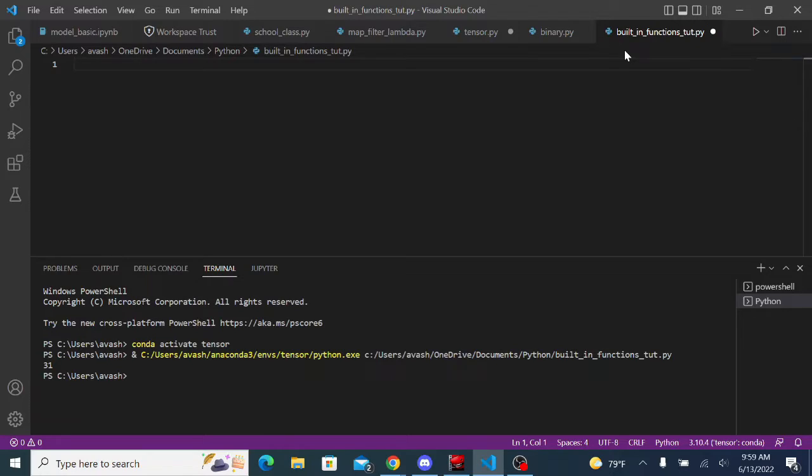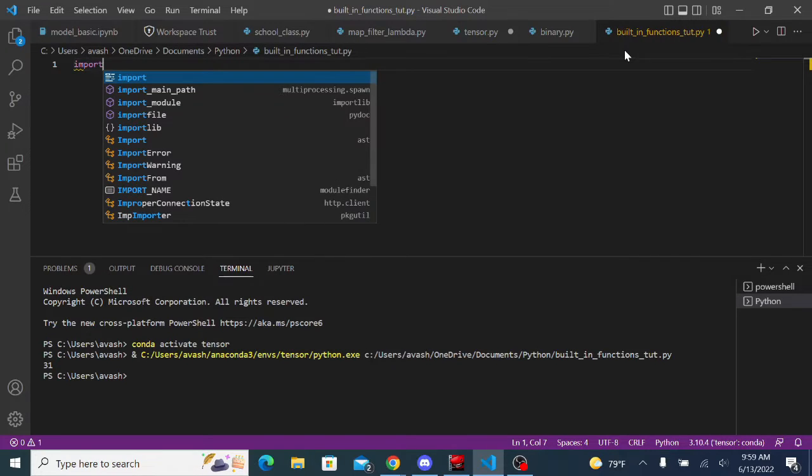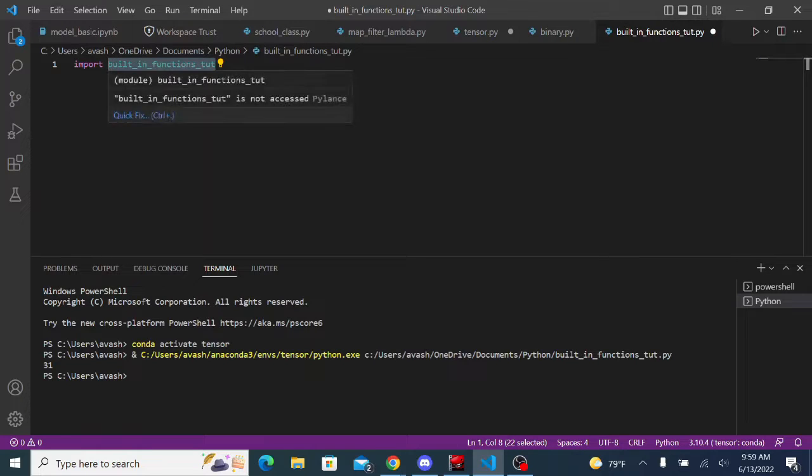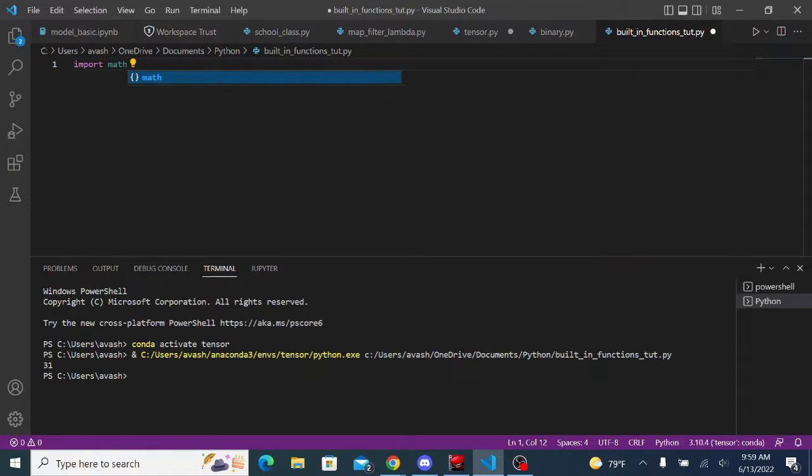So importing a module is very simple in Python. You can just do import, and we'll start with math. So you do import and then the module that you're importing. And for example, this file is named built-in functions tut.py. So if I wanted to import this file, I would just do import built-in functions _tut. Just the file name, and you'll see that's right. So we'll do import math because there's a module known as math, and we'll just start with a few basic